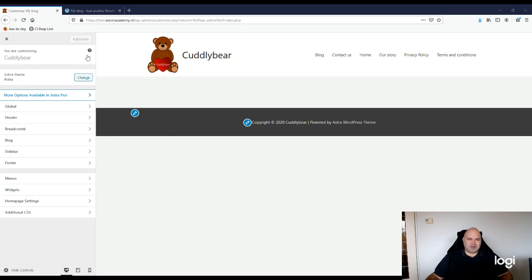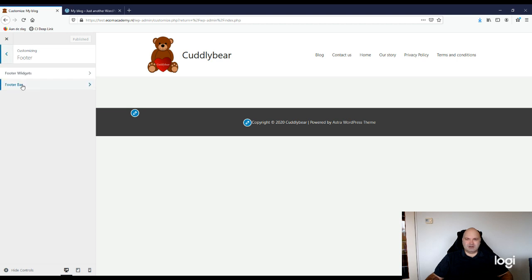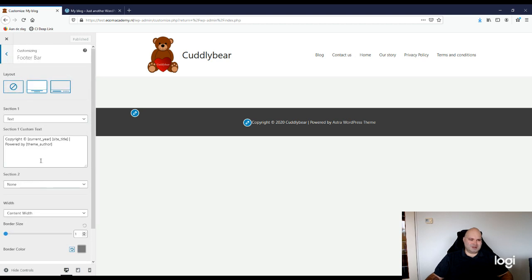So the next thing we would like to change is the footer, because powered by Astra, that's nice, but our website or our web store is called Cuddly Bear. So what we're going to do is we select this text and type in